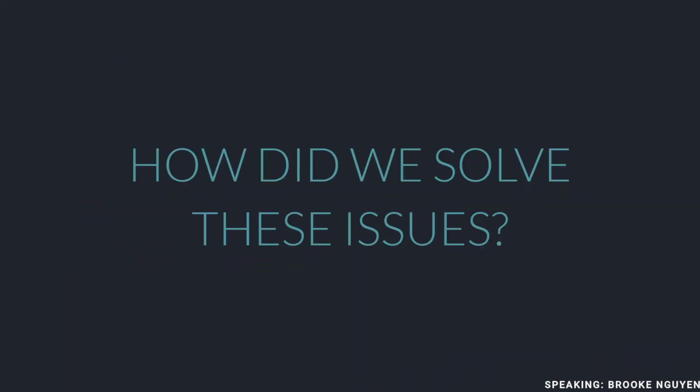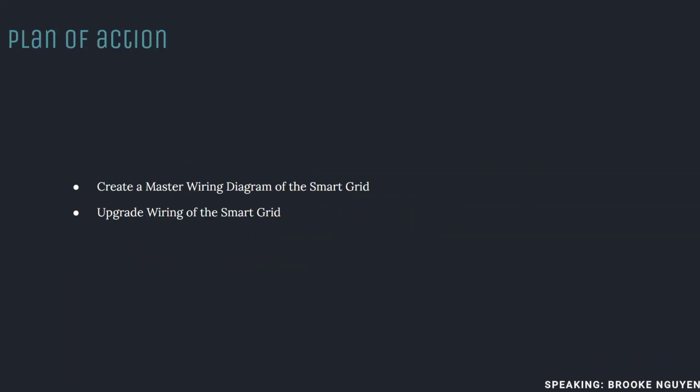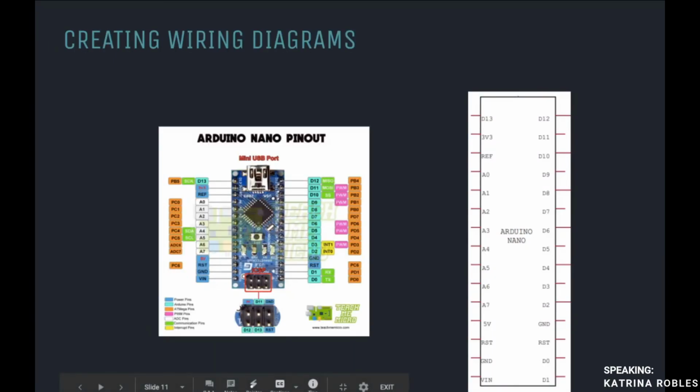So how did we solve these issues? We created a plan of action for our project, which included creating a master wiring diagram and upgrading the wiring. We felt that a master wiring diagram and upgrading the wiring were essential and necessary for the safety of the smart grid and its users. In the following slides, we will be discussing how we created the master wiring diagram as well as how we upgraded the wiring. So now I will be talking about how we went through the process of creating the wiring